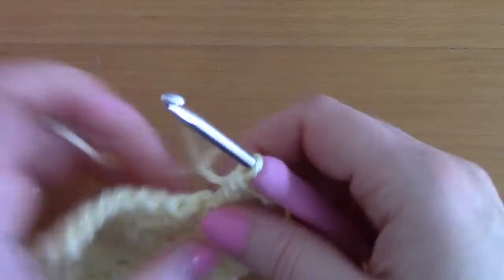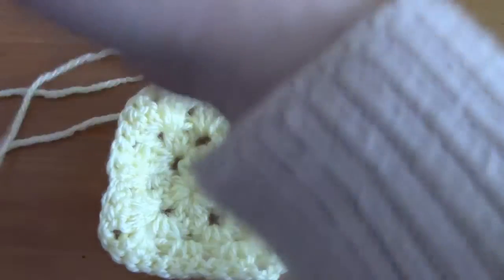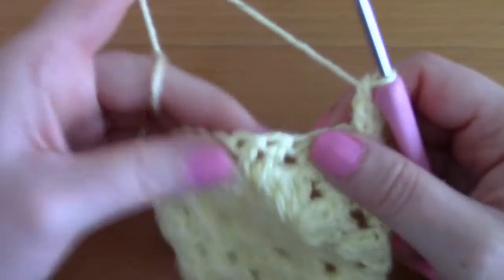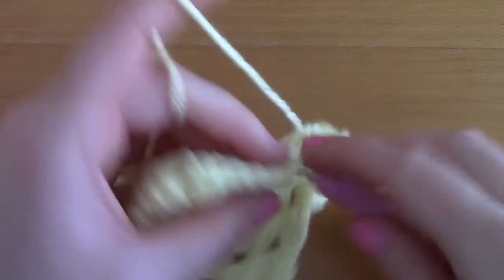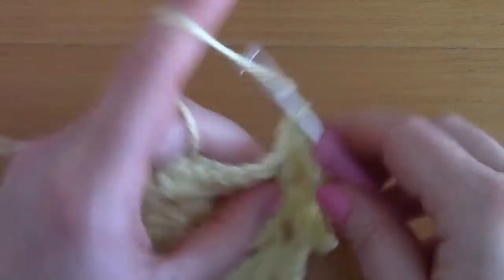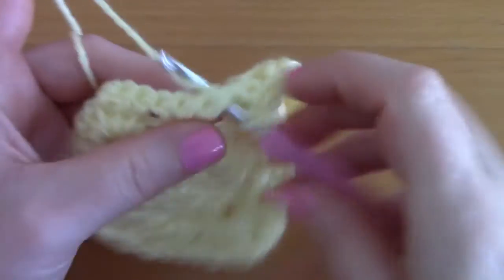And now we've reached the side stitches. I don't know if they're called the side stitches, but anyways, as you can see, this is growing. So in the next chain space from the previous row, just place a cluster of 3 double crochets, 1, 2, and 3,